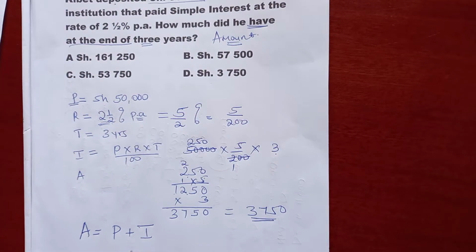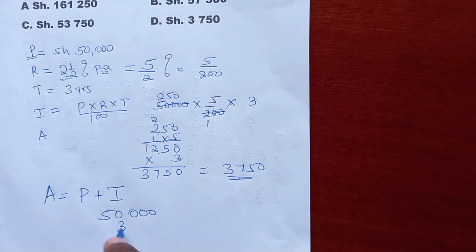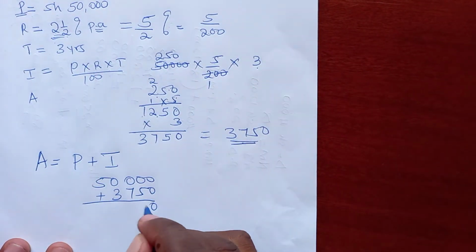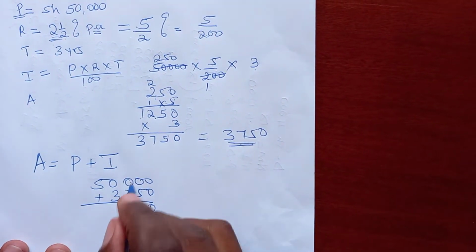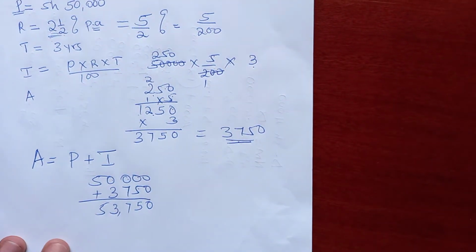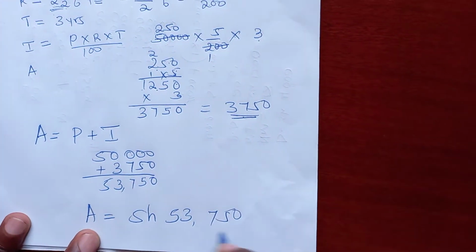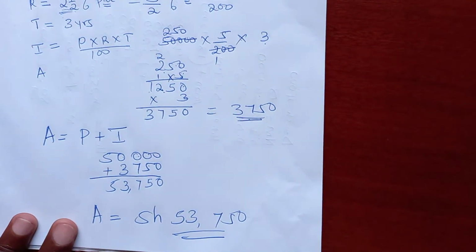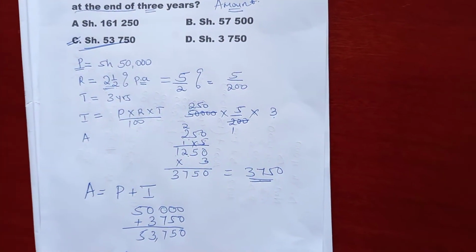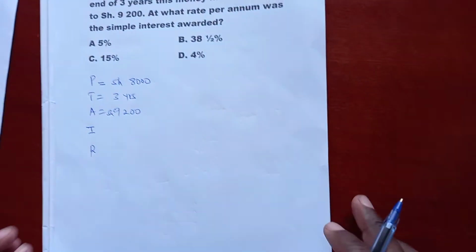Our principal was 50,000 shillings. Our interest we have found is 3,750. Then we add 0 plus 0, 0. 0 plus 5, 5. 0 plus 7, 7. 0 plus 3, 3. 5. So our amount is shillings 53,750. In our multiple choices, our correct answer is C. Learners, that's how we calculate amount. In our next question,